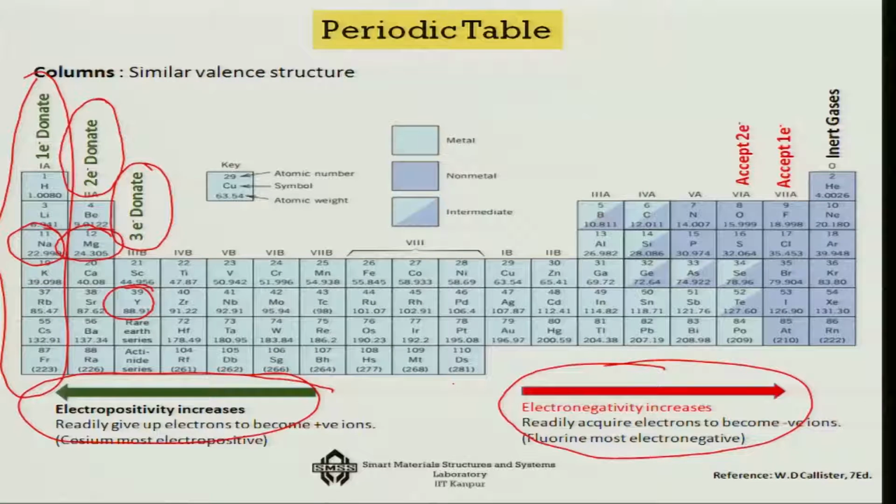So, in that way we will come all the way up to more or less this region, zinc, cadmium, etc., where we can always get some amount of electropositivity. Beyond that, the materials become less and less active, and we will gradually go inside the domain